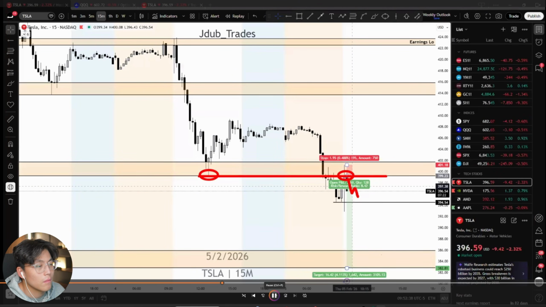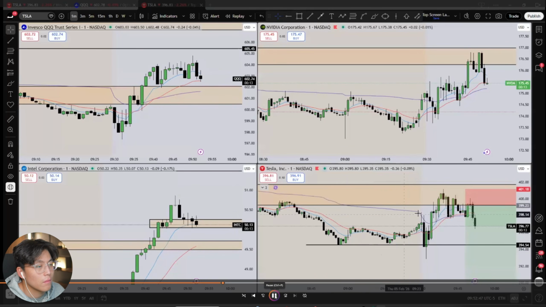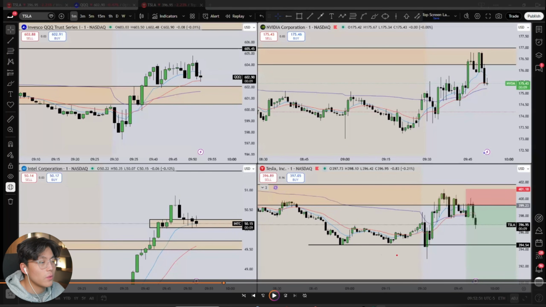Reject off our previous day lows. Potentially you can see low of day and continuation. If you do want to reject off this level, it is the lowest risk possible here on Tesla. So as you can see right there on Tesla, as I mentioned, I took the 395 puts, lowest risk possible